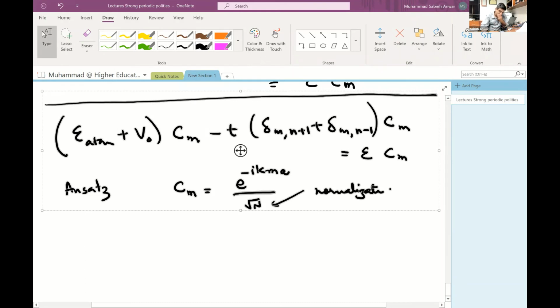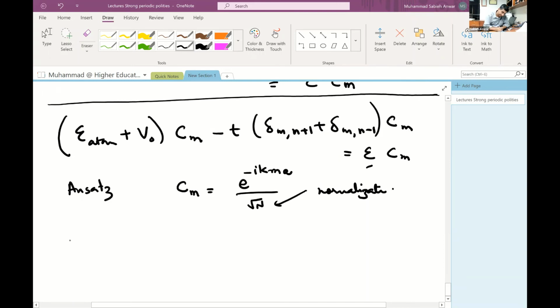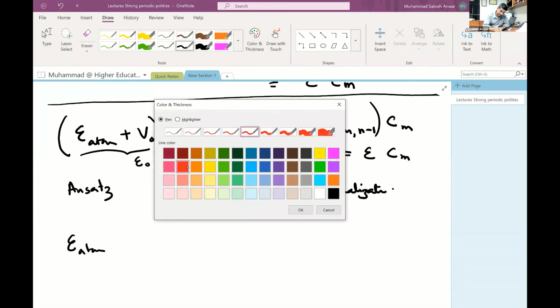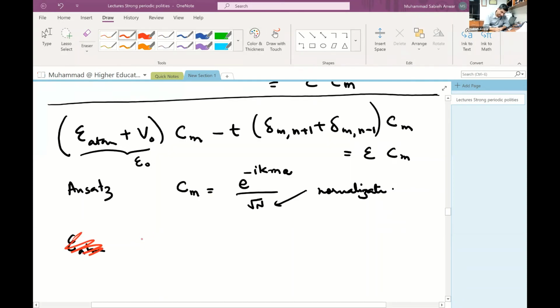Now I will insert this ansatz and try to find out this epsilon. So E atom plus V naught, let me call this E naught just for simplicity. So this is my epsilon naught, e to the minus i k m a, minus t